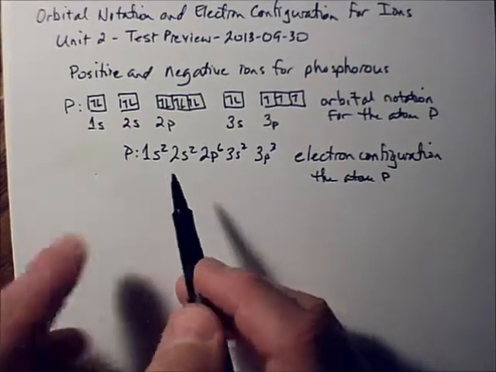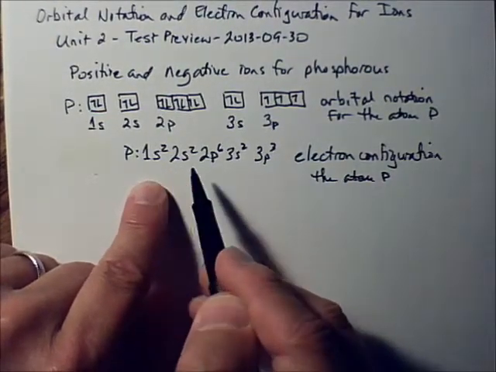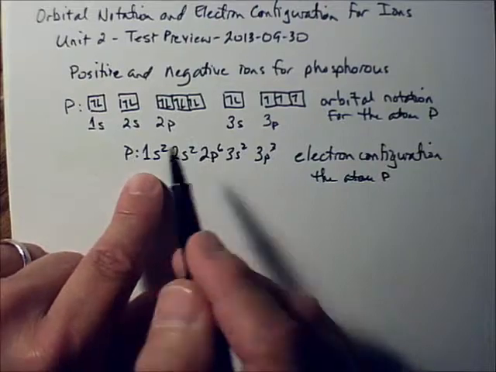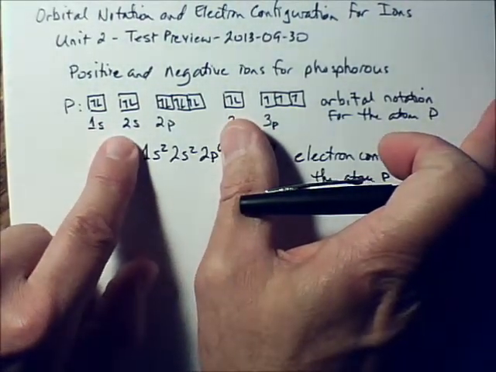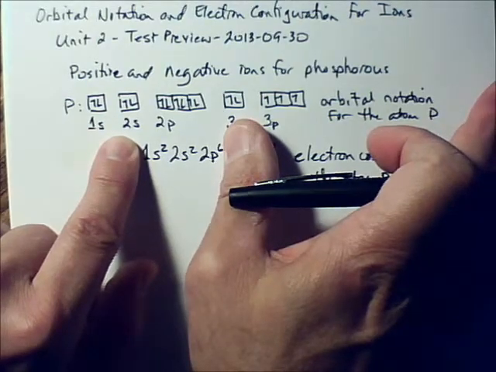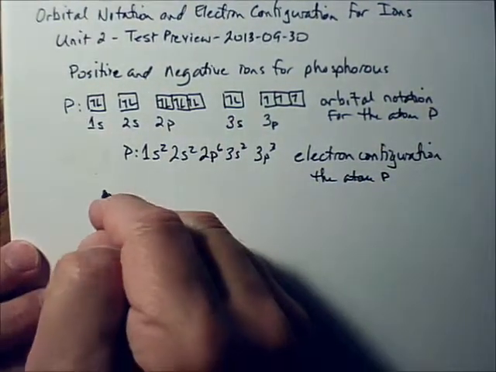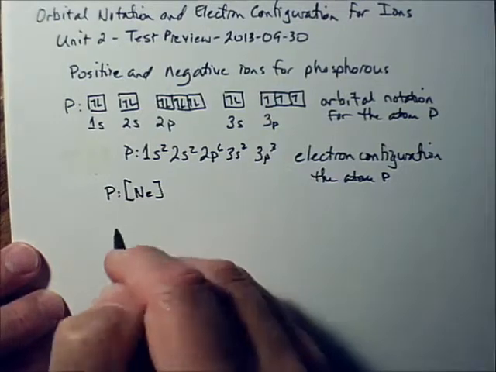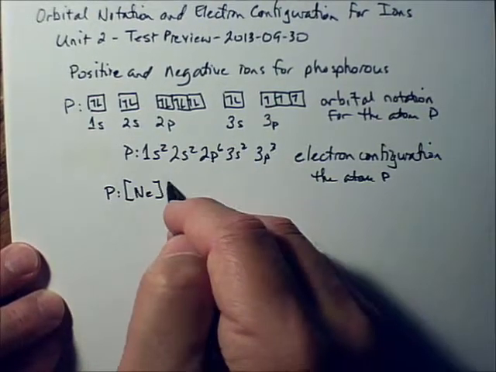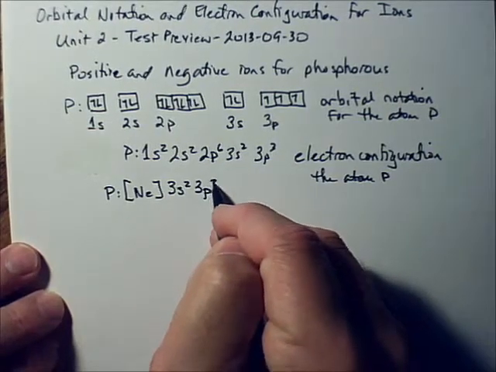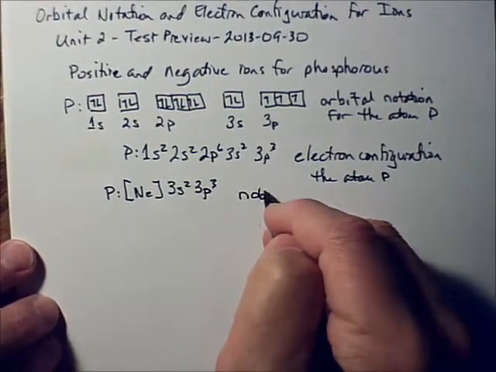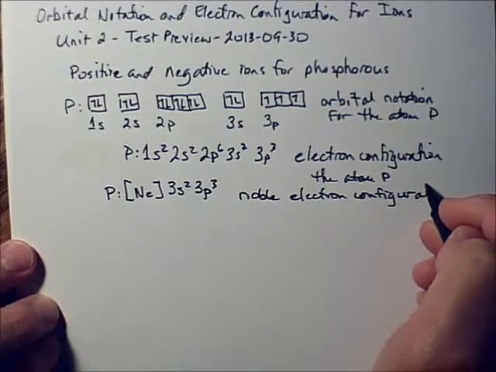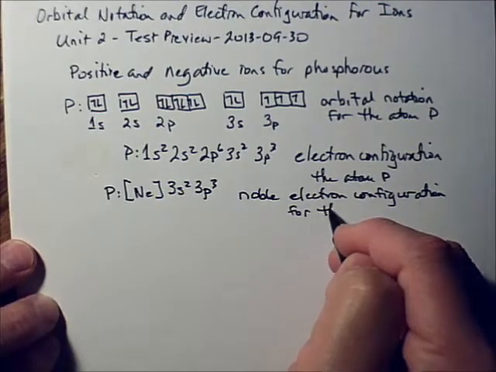And what we're going to do is replace that part of the electron configuration that matches up with that noble gas configuration and replace it with a symbol for neon. So neon's electron configuration is all of this right here. Say 1s2, 2s2, 2p6. So we're going to replace all of this right here with the symbol for neon in a bracket. It has to be in a bracket. And we can just finish out the remainder of the electron configuration. Okay, so that's the noble gas electron configuration for the atom